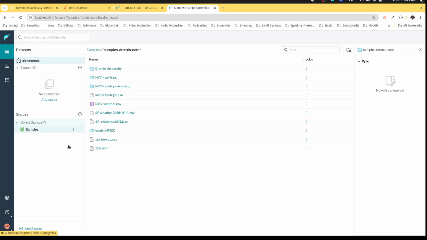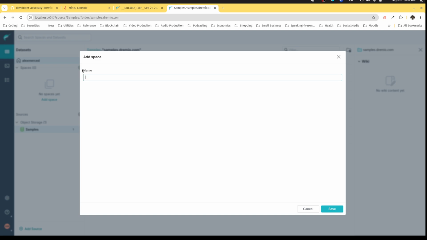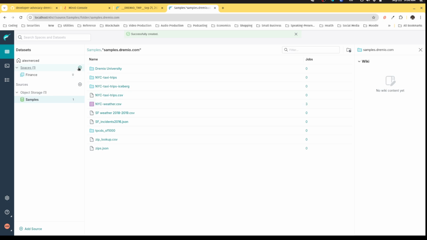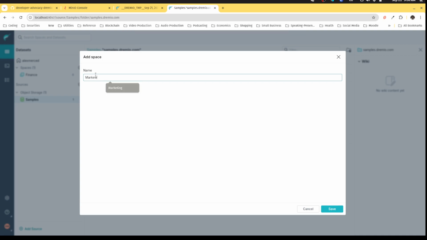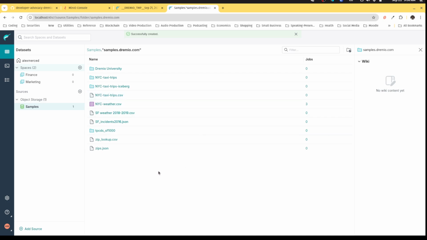Now, typically what would happen is that you would take all the data that you've connected from different sources and begin organizing it through spaces. So again, spaces are just a way of organizing the data so you can share it with others. So I might create a space for each business line. So I might say, hey, here's one for finance, and then I can save views on my different data sets in here, or then do one for the marketing department, and then just continue creating the spaces I need for my different business lines, curate the views in those spaces that those particular business lines need on top of all the data that we've connected in Dremio,